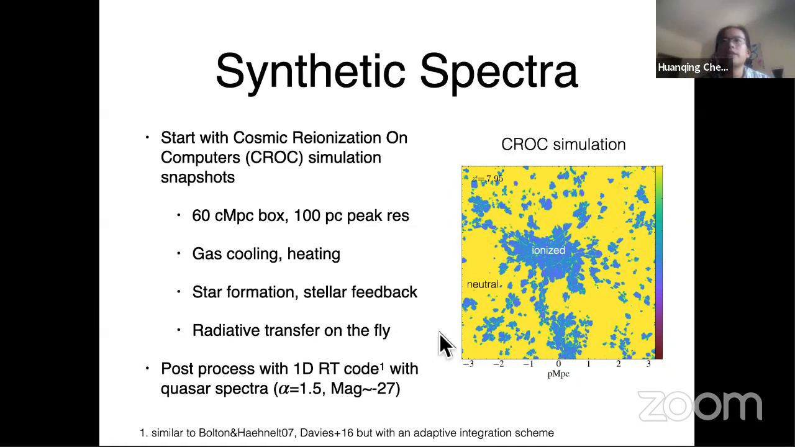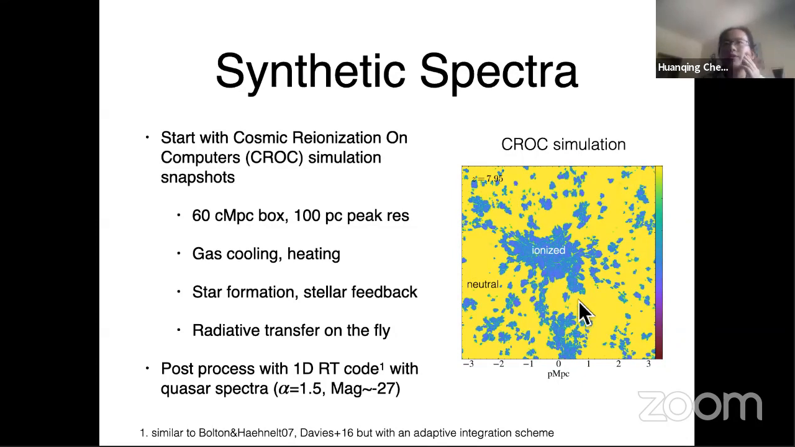The simulation includes gas cooling, heating, star formation, and stellar feedback, and the radiative transfer is also done on the fly, allowing us to model realistically the gas neutral fraction, as shown in the right figure. The simulation itself doesn't include